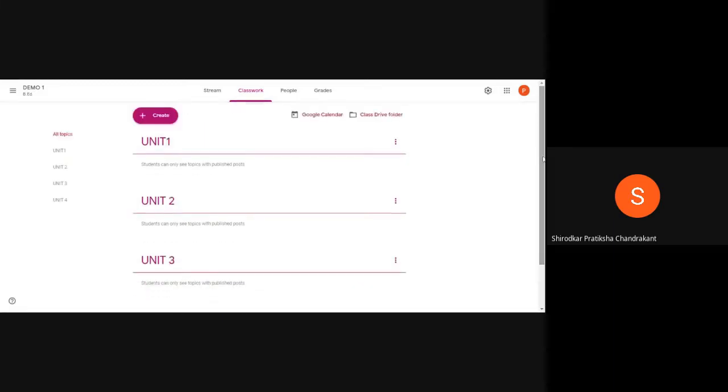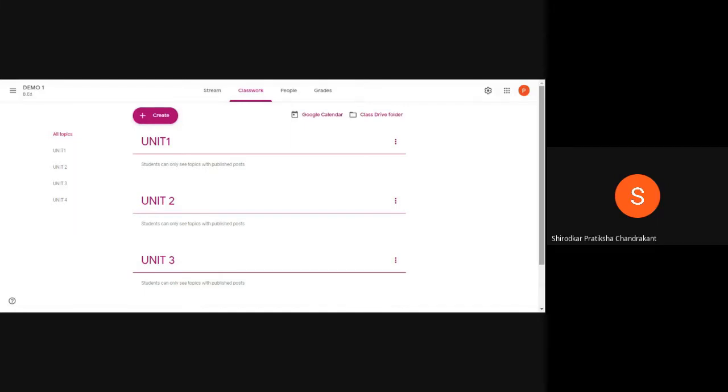So these are the things that you need to do whenever you have to create topics. First, go to the classwork tab, click on create, and then select the last option, that is topics, and do the steps that we have just followed. So we are done with the third aspect related to Google Classroom, that is how to create topics. So far, all of us know how to create a class, join a class. We also know how to add students and we know how to create topics.